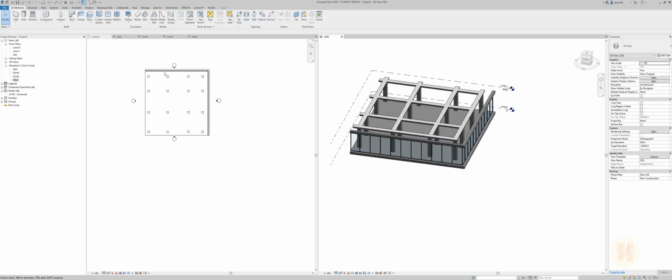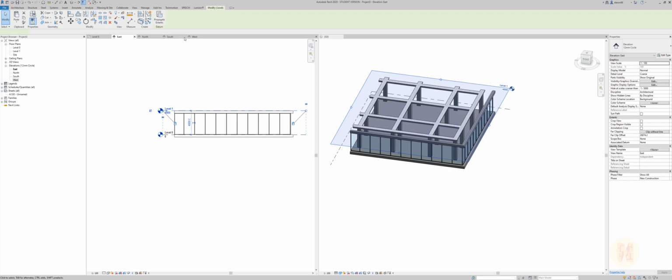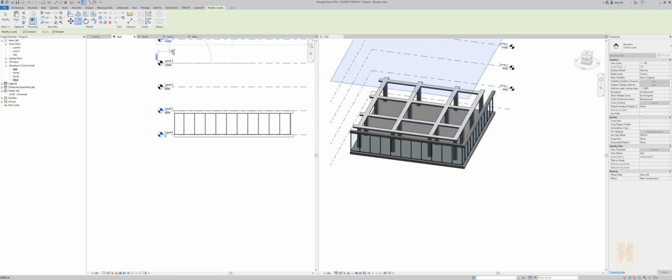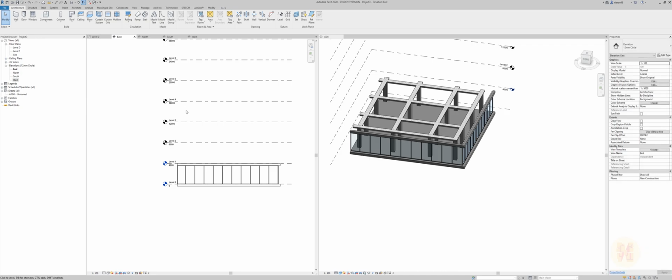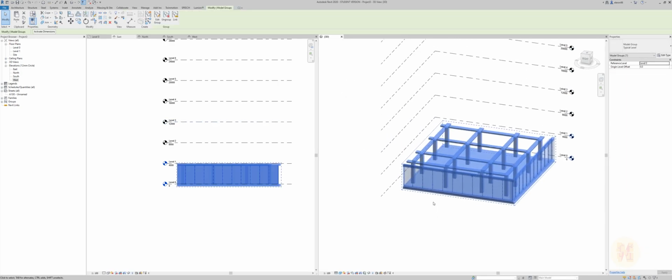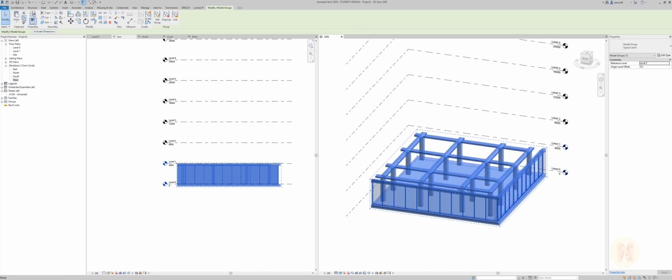Okay, the next thing, I will go to the east view and I will copy my levels. Don't forget multiply, and let's copy it. Two typical levels, we should have the same height for all levels. Okay, done. Now I will select my group and I will copy it just by this symbol, copy it to